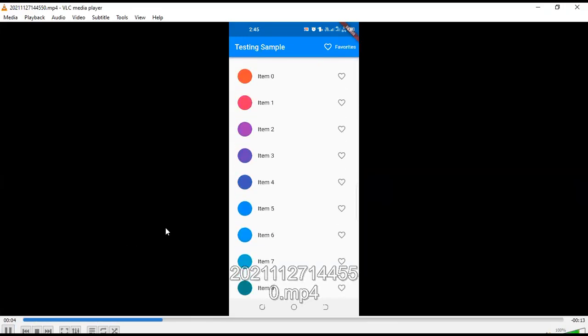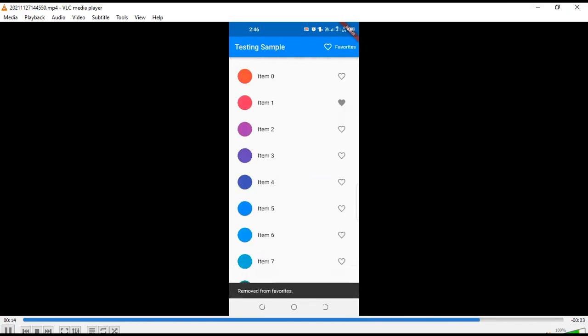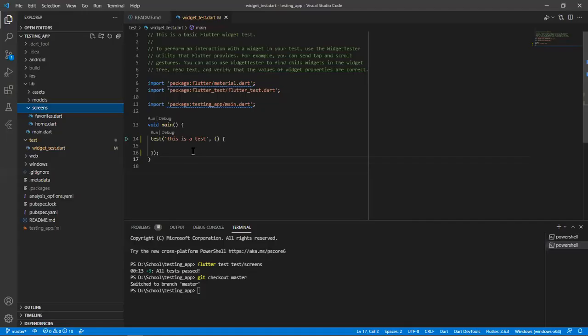Okay, so it's just a list view builder with an icon to pick favorites and also remove elements that you have added to the favorites list. Just a very simple app, and so we're going to write simple tests to make sure that its logic and